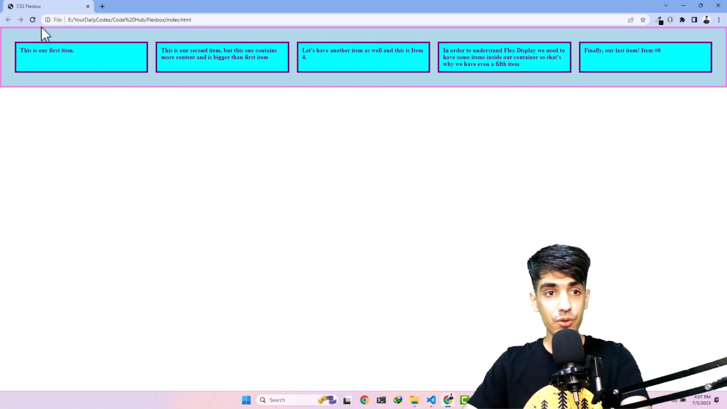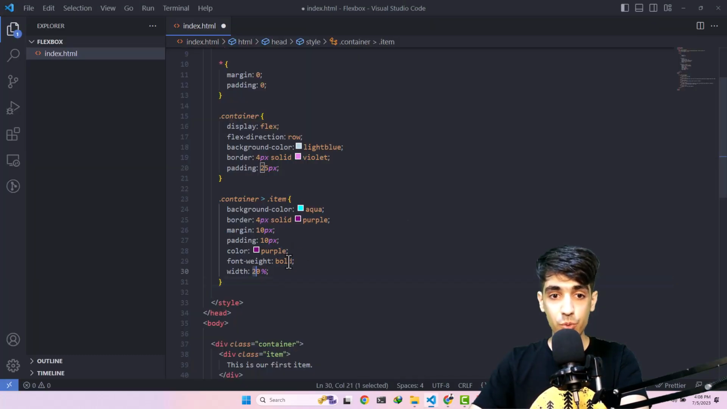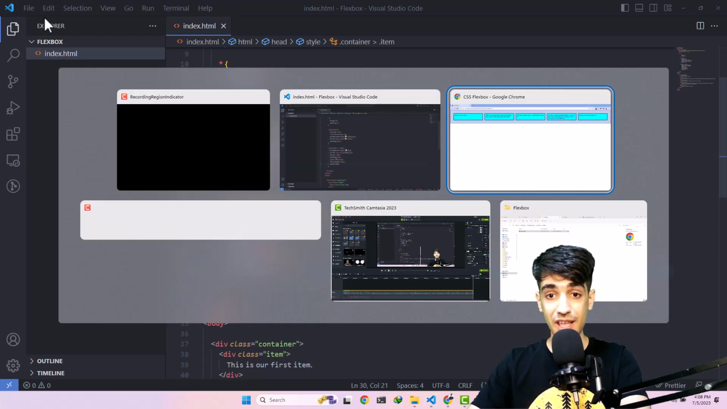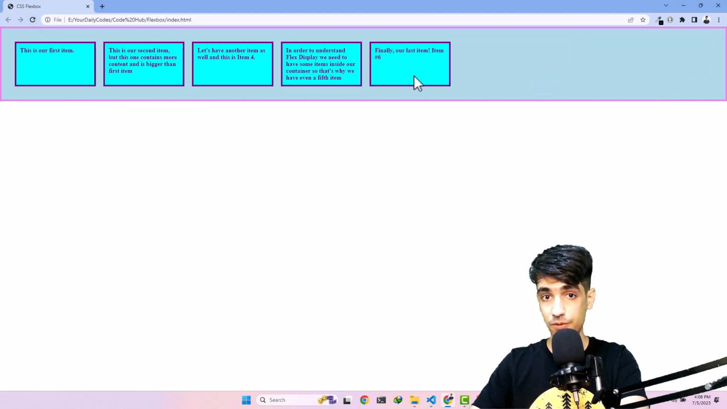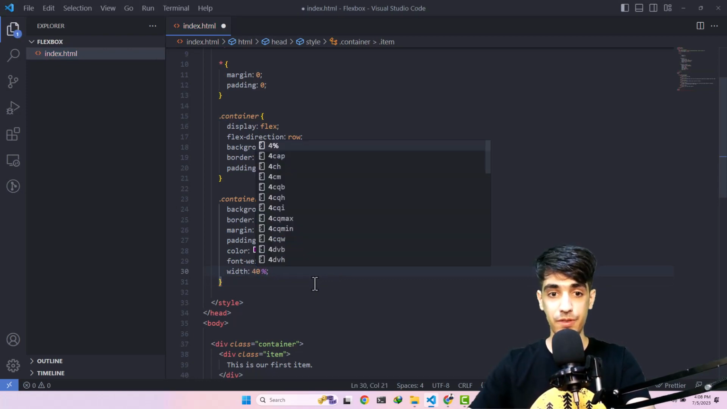But if we refresh, we see no change. This is actually quite strange, because you might think, okay, we applied a width of 40%, but nothing actually happened. In fact, when we applied a width of 20%, it worked. And if we apply a width of 10%, it again works. But when we make it something that will end up bigger than 100%, for example, a